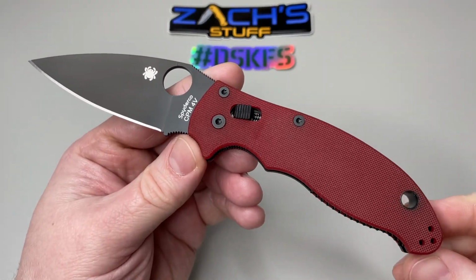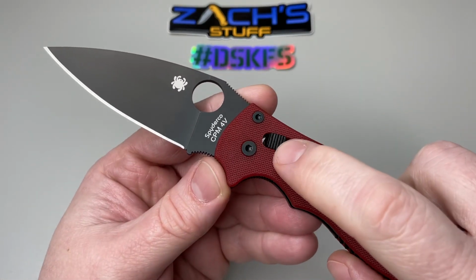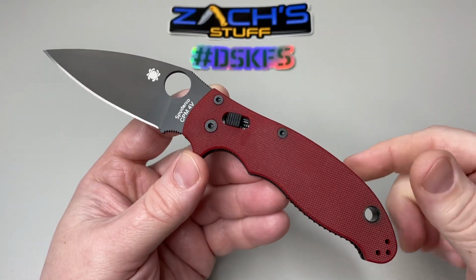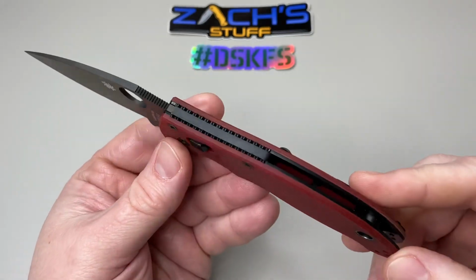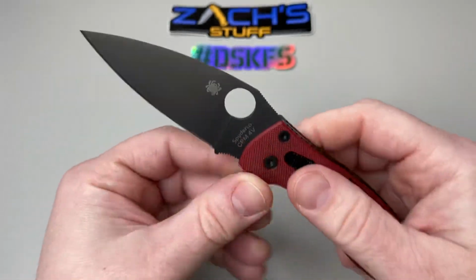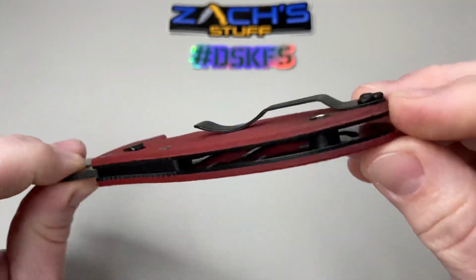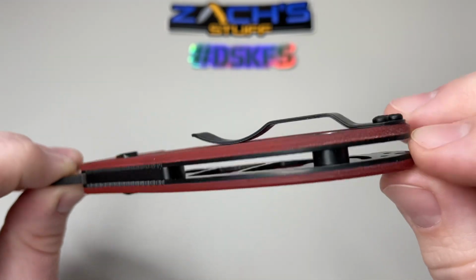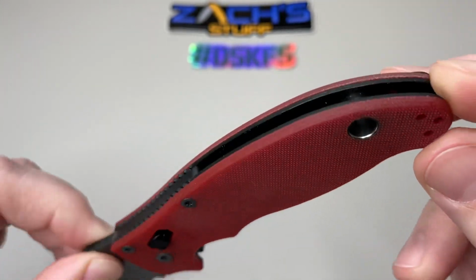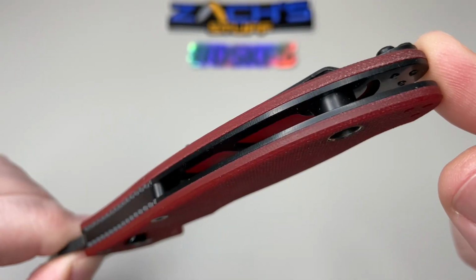I mean, red G-10, black hardware. Now this is plastic right here for your lock actuators, which they have some sweet replacement ones like Flytanium and things. So that's an option, definitely. You got full stainless steel liners. You have an awesome drop-shut knife. You got your backspacer here. You got another backspacer, kind of a barrel spacer there, and the lanyard fans can rejoice because Spyderco includes those awesome lanyard tubes that also help with the overall